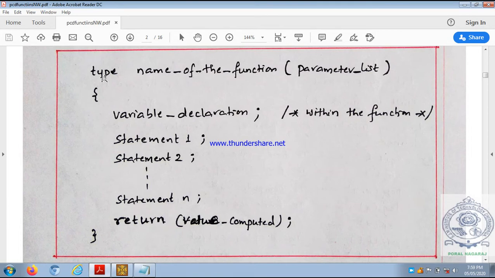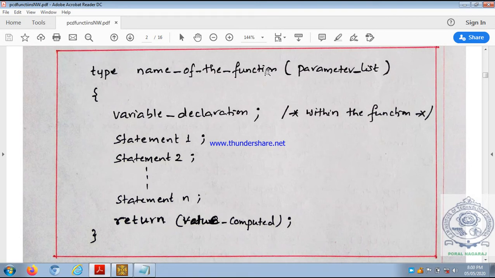Present sir is the return value, means every function has to return a value. Very important. So here also every function has to return a value. Lecturer is a calling function, student is the called function. So every function should return a value, and what is the data type of that value? First we write here the data type, followed by the name of the function.